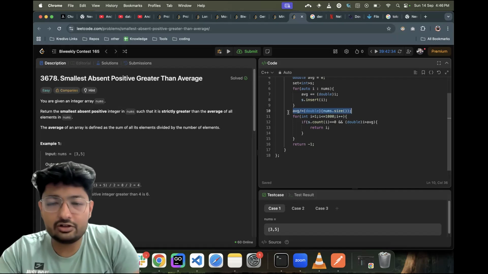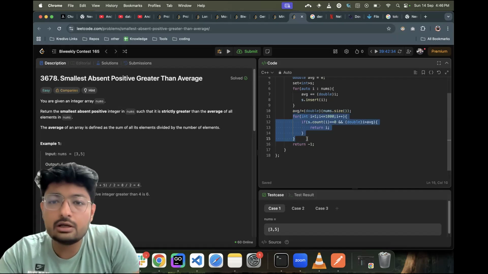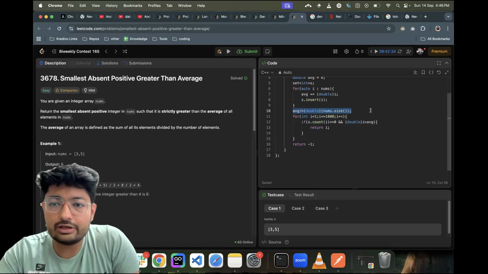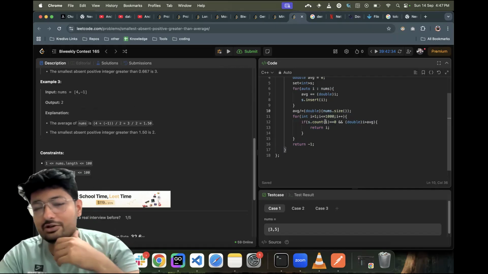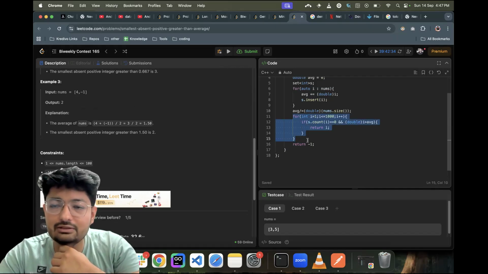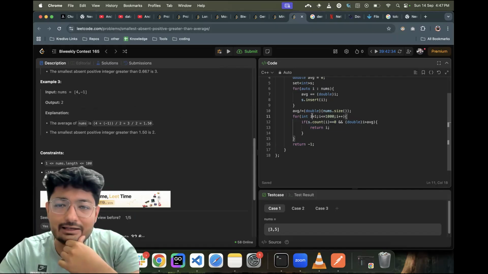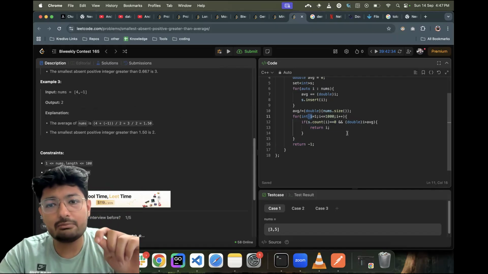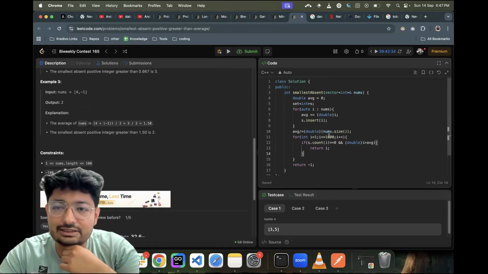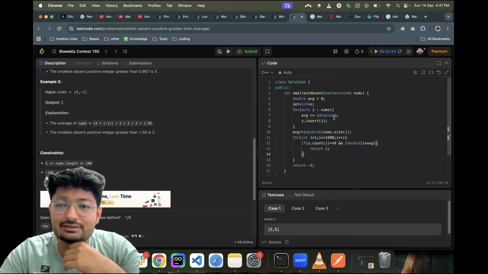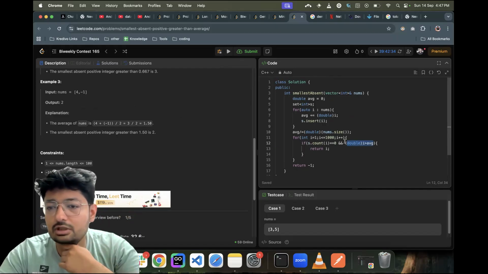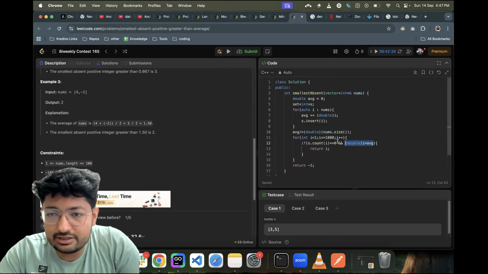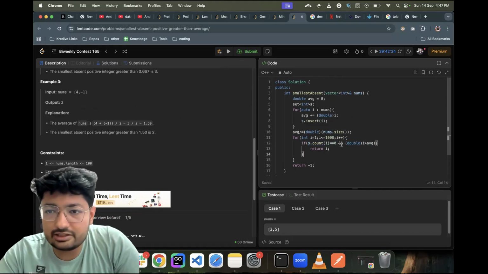After that, when you find out the average, you just have to iterate over from 1 till the, like, you can say, because the maximum value can be 100, I have gone through 1000, whatever you can suit. So from 1 to 1000, what I've done, I have to just check that whether this current ith number, if that particular number doesn't present in the array itself, and it should be greater than the average. If the ith number is greater than the average and not present in the array, then that's the complete thing. Okay, so greater than the average, I have to check here, and not present in the array,